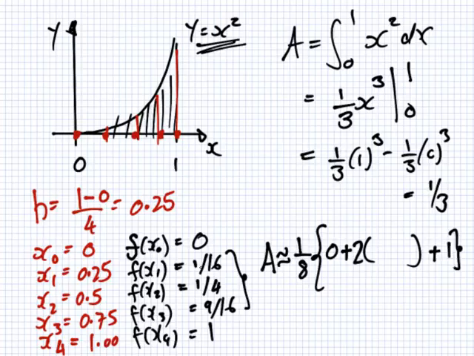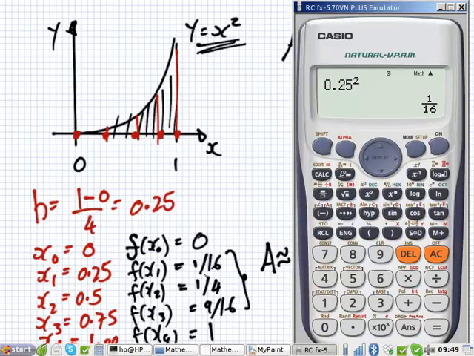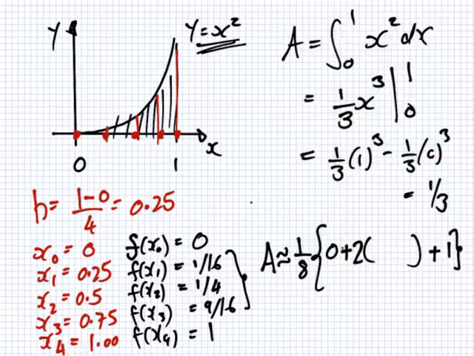Let's add these three together. 1 over 16 plus 1 over 4 plus 9 over 16 gets 7 over 8. Multiplied by 2, so that's 7 over 4. 7 over 4 plus 1 is 11 over 4. So that's 1 over 8 times 11 over 4, which is 11 over